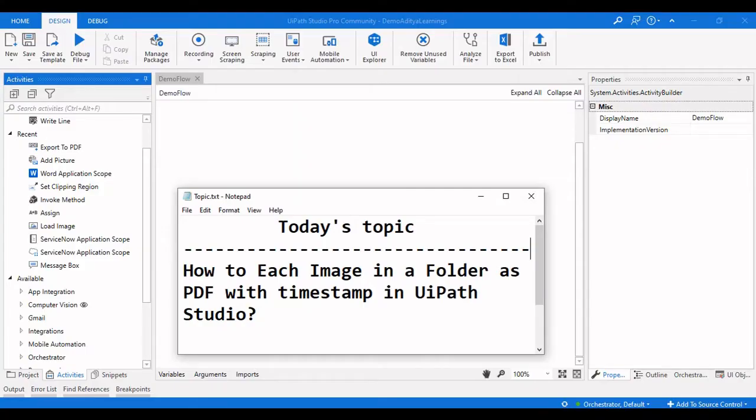Hello everyone, welcome back to Learnings, and in this video we're going to see how to convert each image as a PDF with timestamp and saving it into a folder. So in UiPath Studio, today we are going to look at this process and how to achieve this